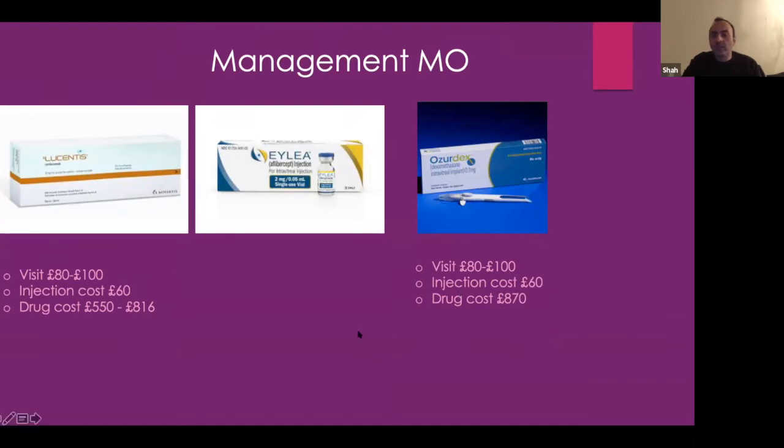But anyway, look, in a kind of private setting, patients can choose what they want. And often if they're self-payers, we give them all the options, but a lot go for Avastin, which is a very good drug and has comparable data and results to Lucentis and Eylea.